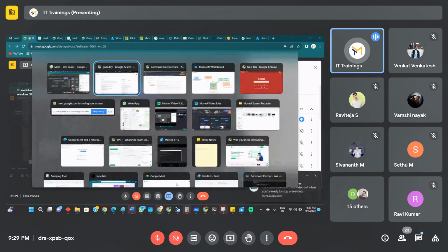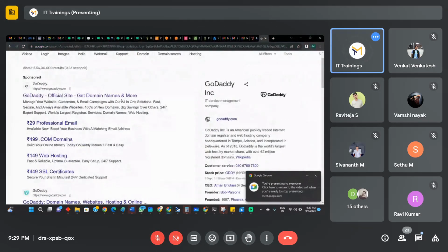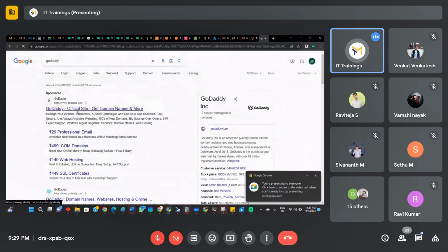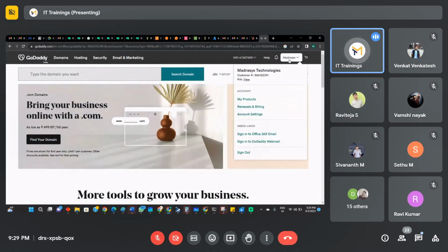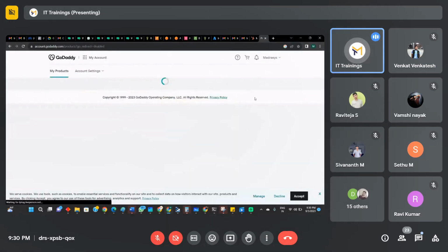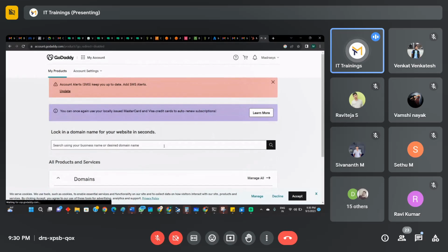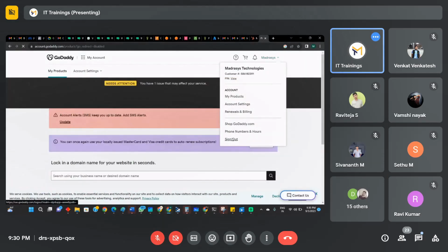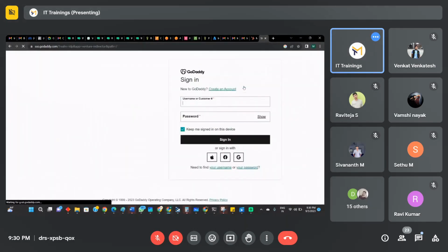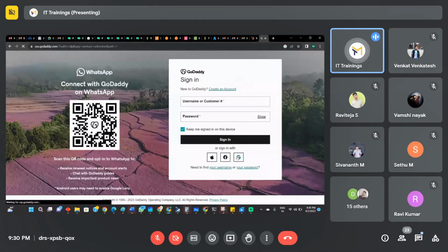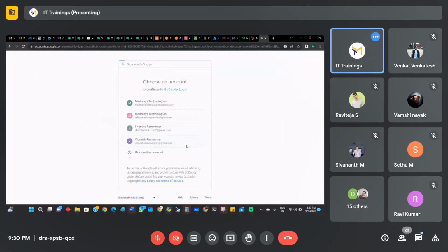So what I'm going to do, I'm going to log into my GoDaddy. I'm going to sign in as Metrasis Technologies. I don't think I have an account as Metrasis Technologies. There are no domains. I'm going to log out and log in as another user. So this is the user where I have access to